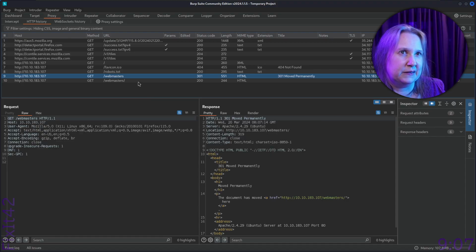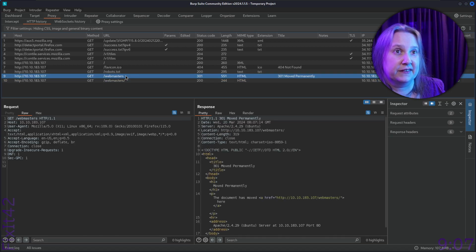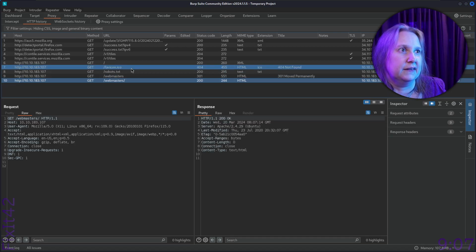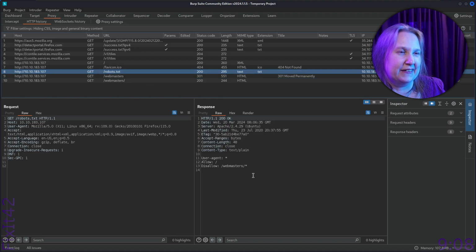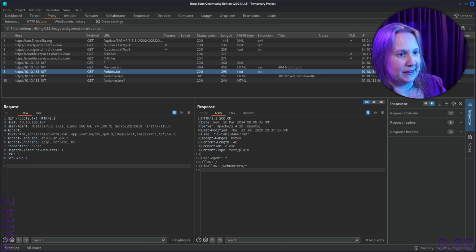Okay, so it's just when we use this name we go to this one, right? So it's just adding the slash. And it doesn't find any icon for this site. And we got this message here. So if we would want to send more stuff to this site, we could just right-click right here and send it to other parts of this program, which we will probably do later, I assume.